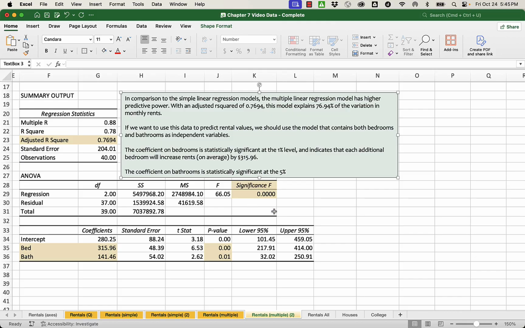Why? Because this is greater than 1%, so we wouldn't say it's significant at the 1% level, but the next cutoff is 5%: 1, 5, and 10. And it suggests that each additional bathroom will raise the price of an apartment